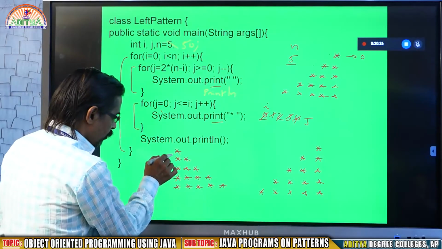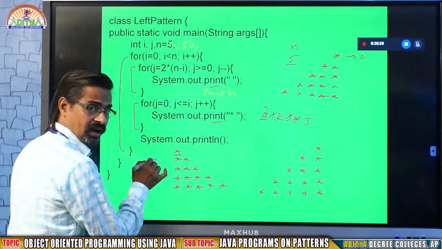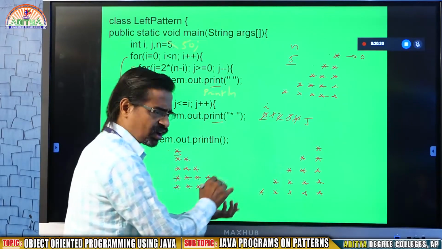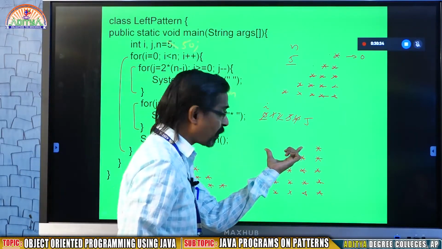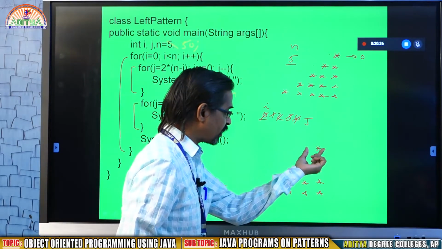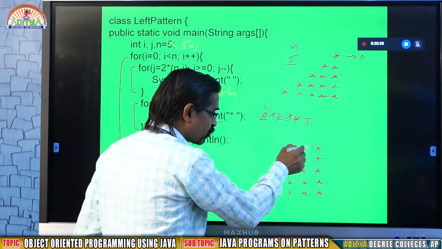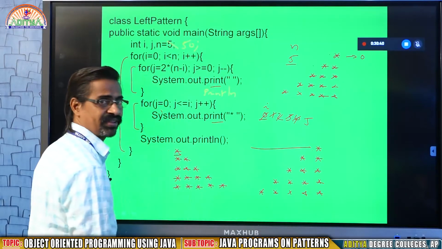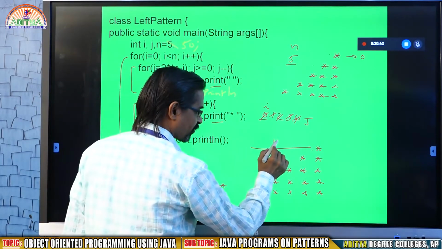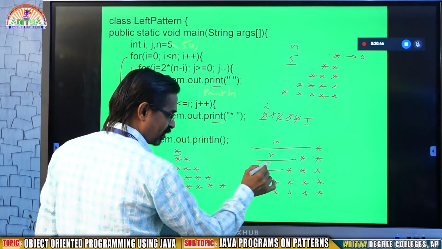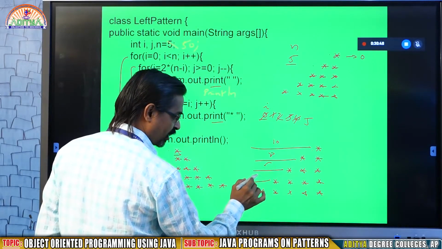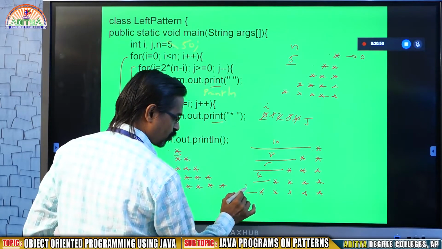Here you are generating 1 star, after that whether there will be space or not, whatever it may be, no need to bother about these right side spaces. But here it is important. To generate a star in this place, you need to generate nearly 10 spaces. Here you are going to generate 8 spaces. Here 6 spaces. Here 4 spaces. Here 2 spaces.